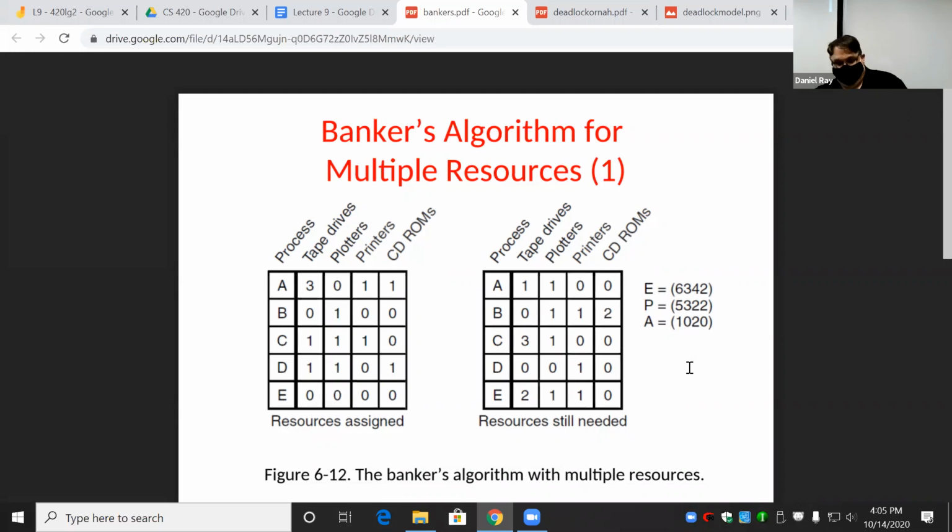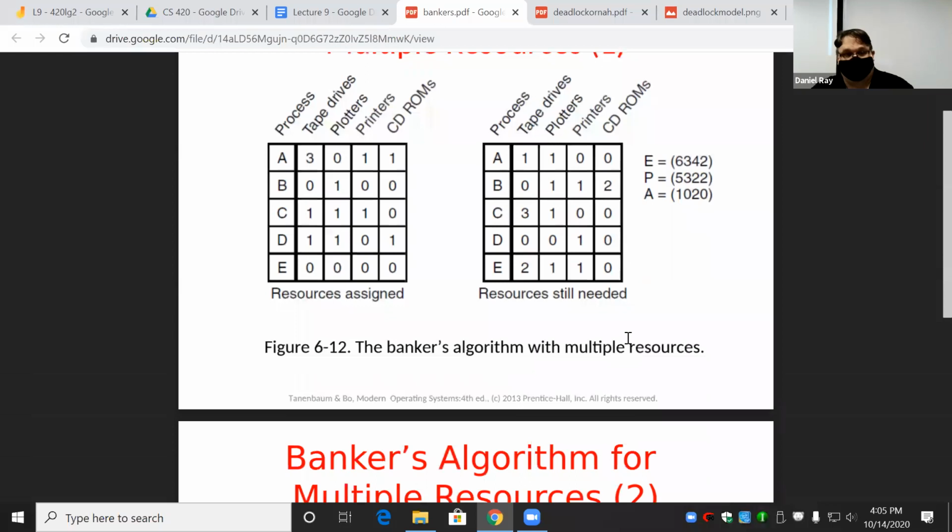Okay? So let's assume that all the processes are going to immediately ask for their maximum resource allocation from this state, because this is the current state of the system. Is this a safe state? So let's assume they ask for it. So the banker's algorithm